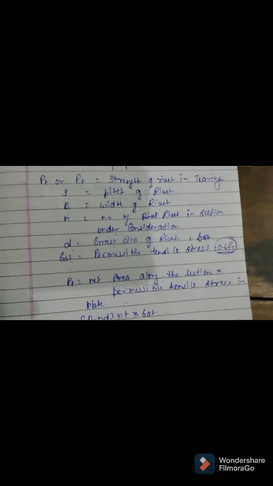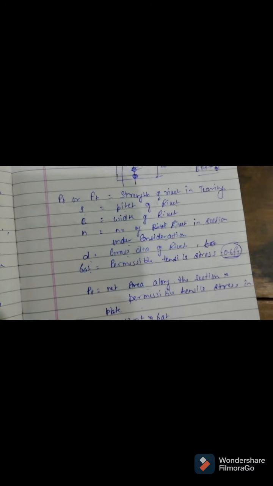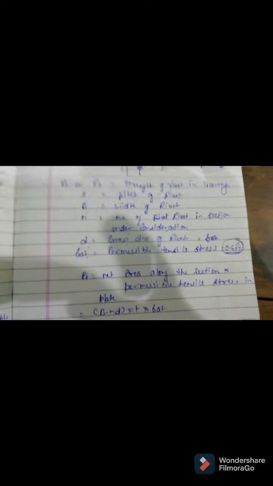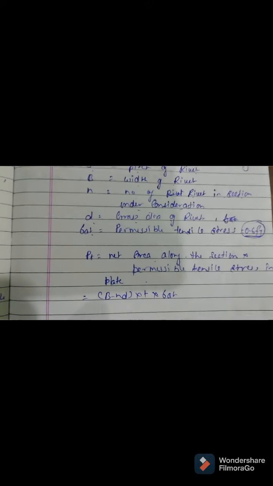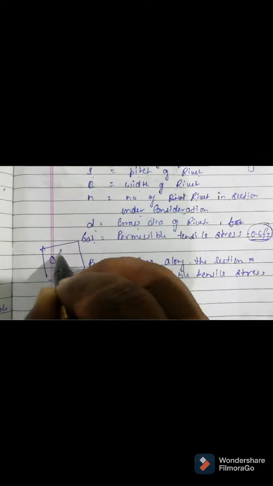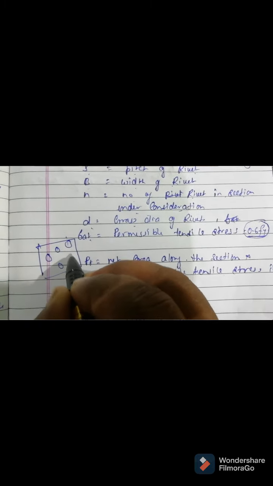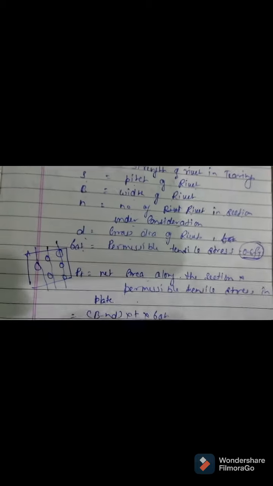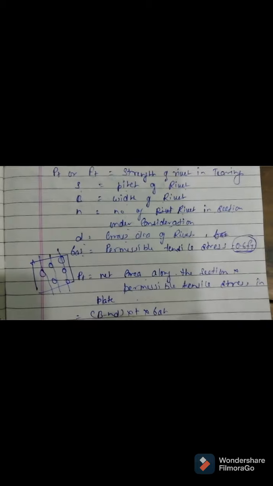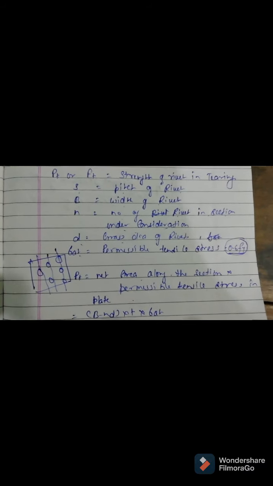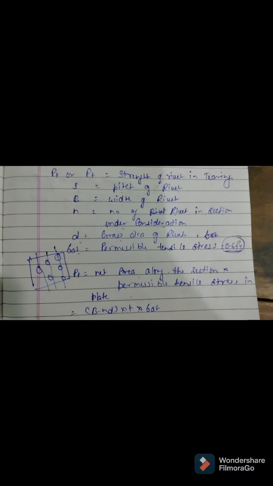Okay, so sometimes for design purposes we have to consider various shapes or patterns of riveting. So we have to check at least the critical section. If this is your plate, here it can be a riveting pattern, here it can be a riveting pattern. We have to check every critical section so that the force is not greater than the force the plate can take, or it will fail.